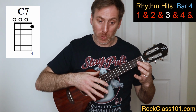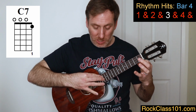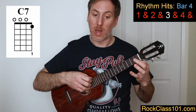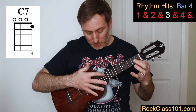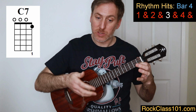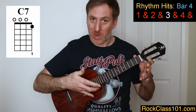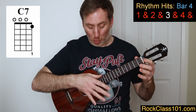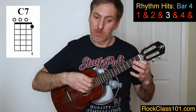So for measure 4, we're just going to play sequentially up the strings again from the G string to the C, to the E, to the A. So we'll have 1 and 2 and let that ring over beat 3. Then on the and after beat 3, we're going to hit the open C. But now we need to take this finger off because on the next beat, on beat 4, we're going to play the open A string. So just take that off to open up the A, pick that on beat 4, and then the and after beat 4, we'll hit that open G string. Okay, so measure 4 there again is...